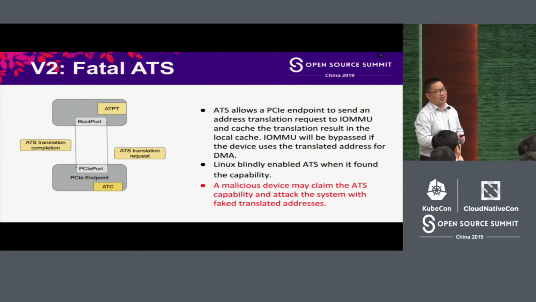so that improves the efficiency of DMA. So this is pre-translated, not translated in real time. Also, that means if you're a malicious device and you support ATS as a disguise, then you have access to any memory in the system, and you're actually a privileged device. So this is a potential risk.